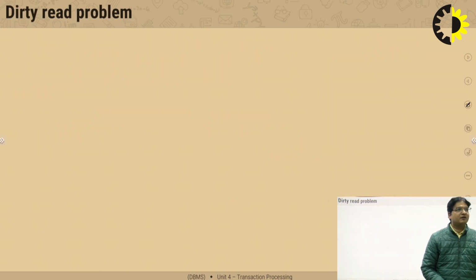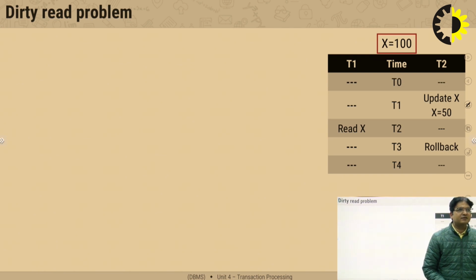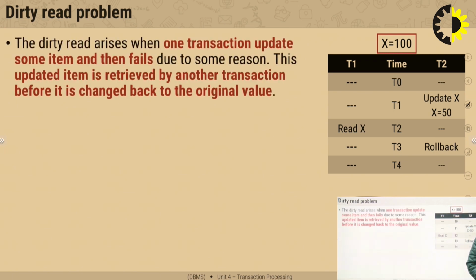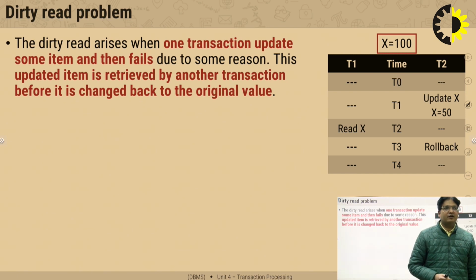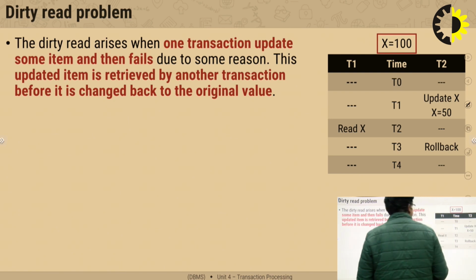The next problem is the dirty read problem, and the name itself suggests that dirty read means that we are reading a wrong value. The dirty read problem arises when one particular transaction updates some value and then that particular transaction fails due to certain reasons. Then the updated value is retrieved by another transaction before it is changed back to the original value. So that particular transaction has read a wrong value. So how to overcome this? First we shall see what is dirty read. See, in this particular case, as we are seeing,